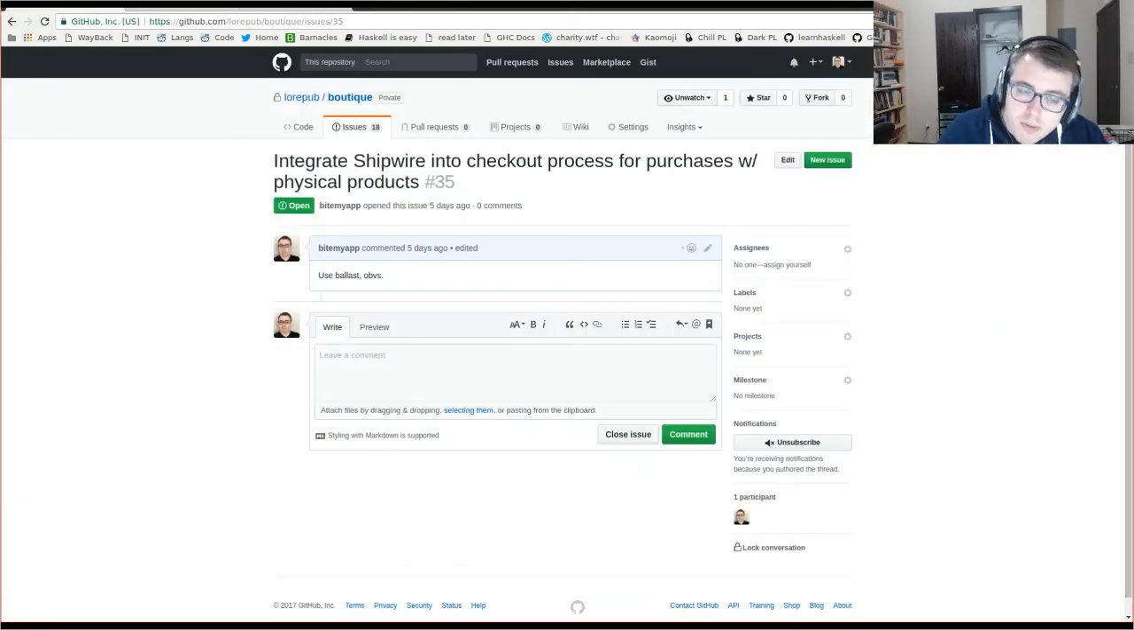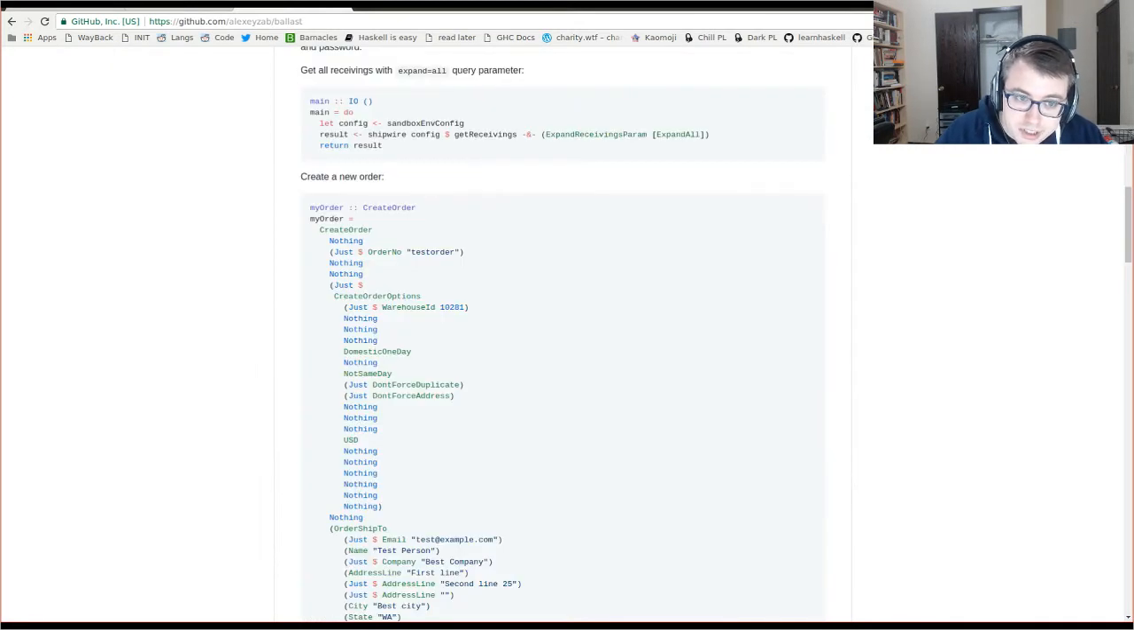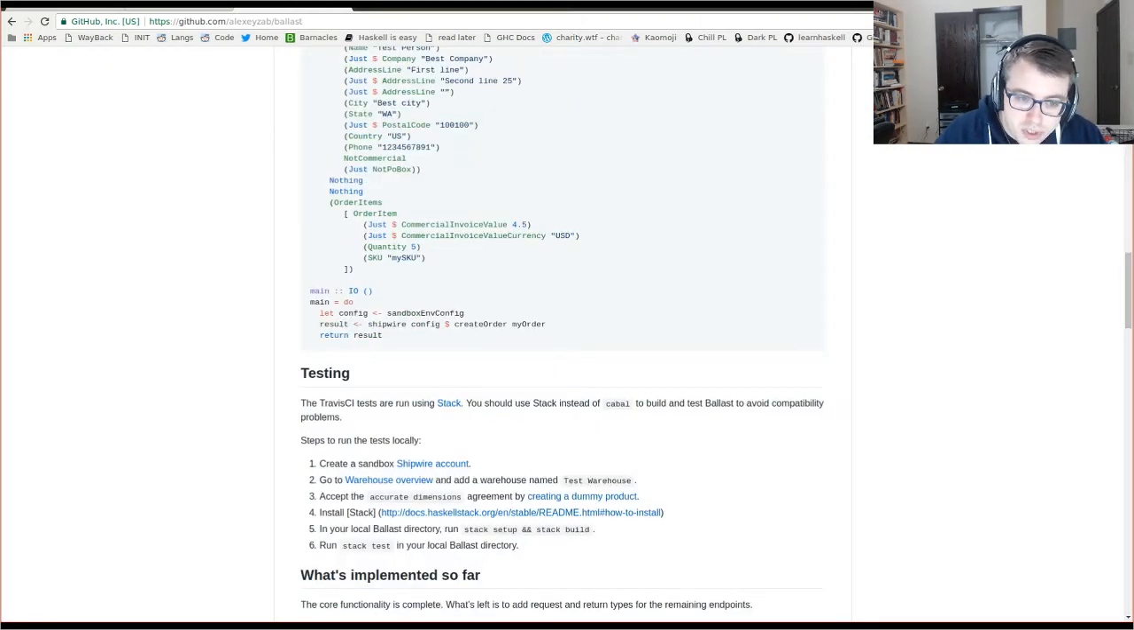So yeah, I might need to break down this physical products Shipwire integration thing. Fortunately, Alexis Avalin's actually written the client, which is pretty great. And I'm going to need to log into my Shipwire account to get my keys for this, so I'm going to need to do that off screen actually. I should have done it before, I'm sorry. Okay,